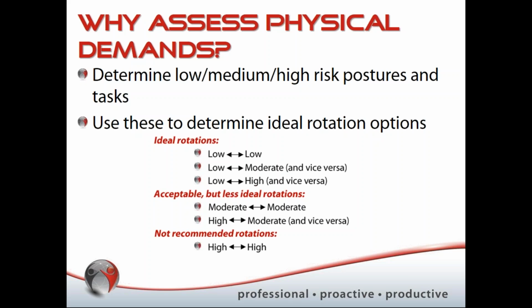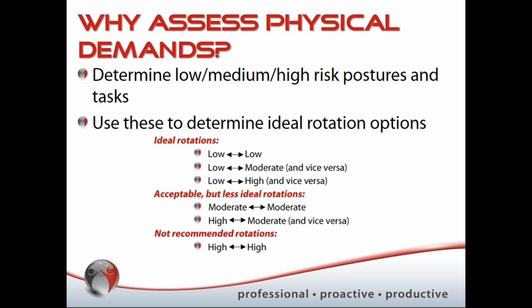So once you've decided which tasks you think are appropriate to include, now you need to start to evaluate those tasks. Do they have, as I mentioned earlier, low shoulder demands or high shoulder demands? Those are things you want to evaluate. What is the risk to the shoulder on task A? What is the risk to the shoulder on task B? Just as importantly, what is the risk to the back and the wrist and your elbow and your neck, right? You want to look at all the different components,